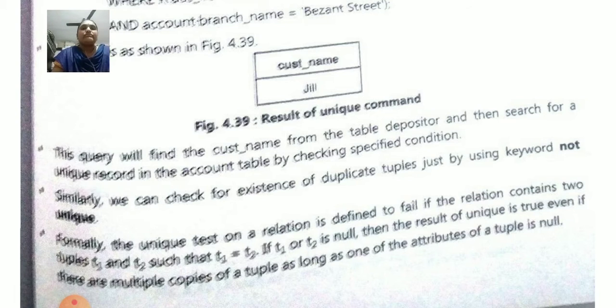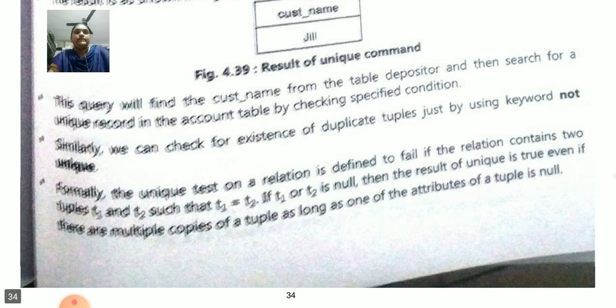Similarly, we can check for the existence of duplicate tuples by using the keyword not unique. Suppose we have to avoid duplicate records from our table, then first of all we have to see the duplicate tuples, and only then is it possible to delete those duplicate tuples from our table.